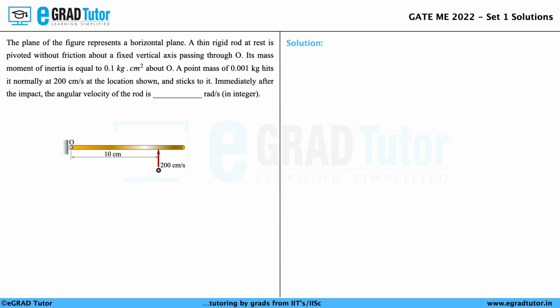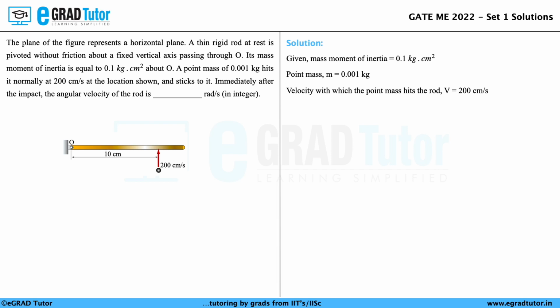So we have to find out the angular velocity of the rod after the impact in radians per second. Let's look at the solution. We are given the mass moment of inertia of the rod about point O, which is 0.1 kg cm². We know the value of the point mass, m equal to 0.001 kg. It is given that the velocity with which the point mass hits the rod is v equal to 200